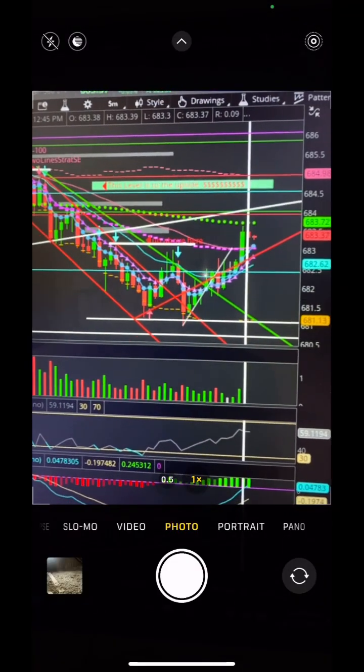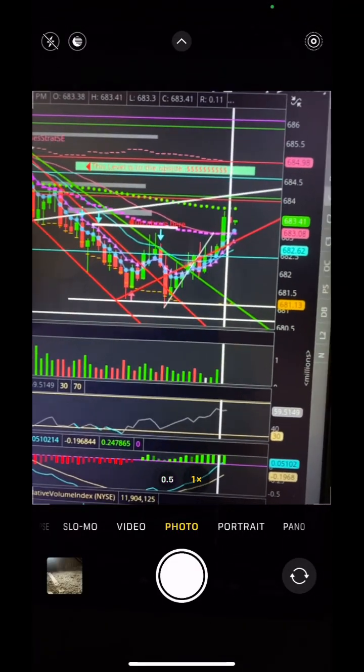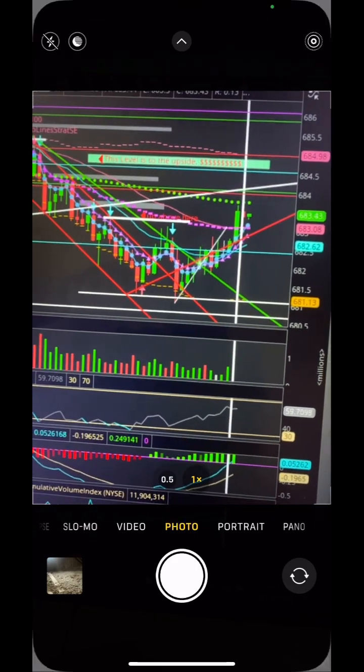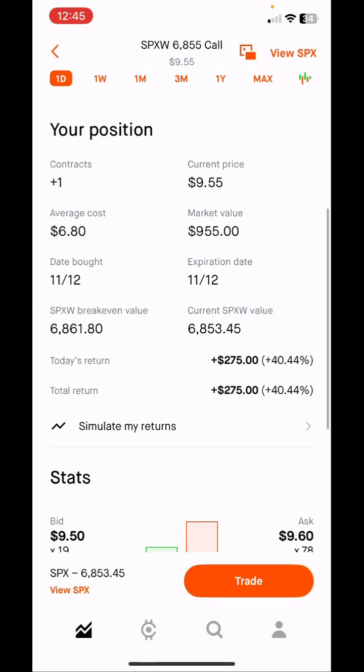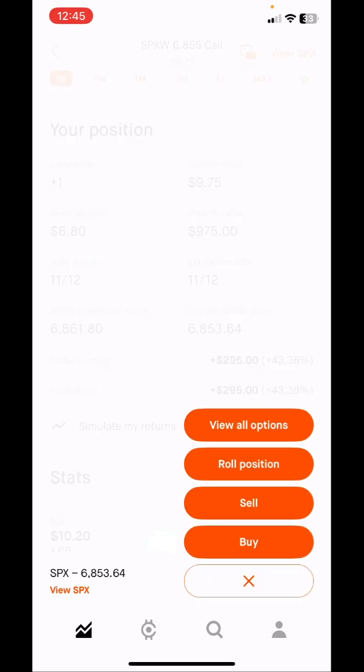And so now, what I would do is, for instance, risk management. Break even is 680. So there's no way it should come back down this low. If it comes back this low, some news happened or something crazy happened. So at this point, I can set my